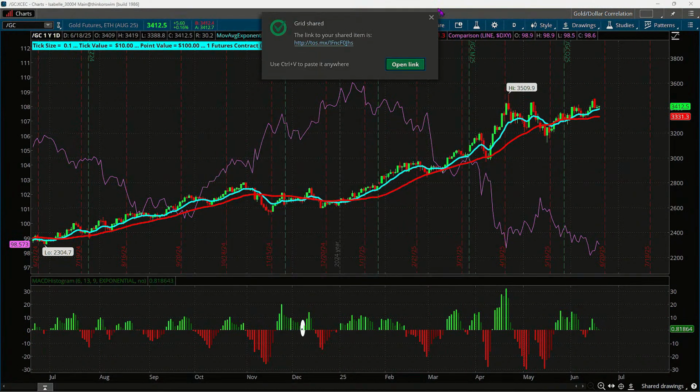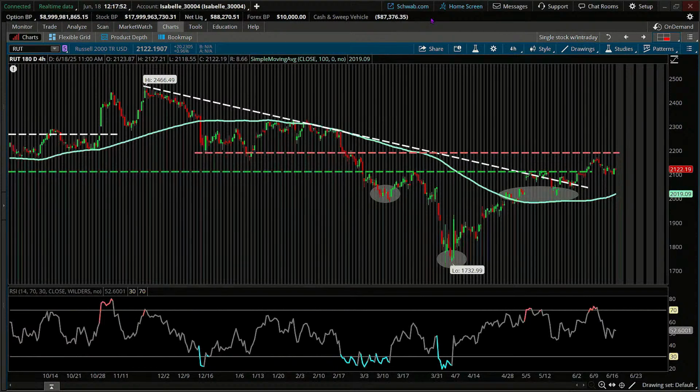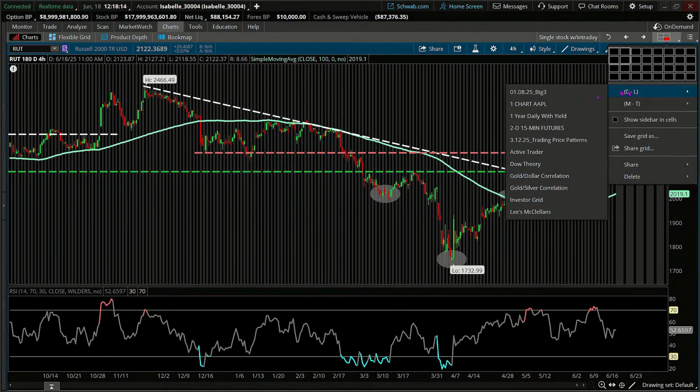And reminder, everybody, when you are utilizing these grids, one of the ways that you can get a familiarity with what's available to you is to change and customize to a certain extent the chart details. So maybe, as an example, we go back here to the gold and dollar correlation.